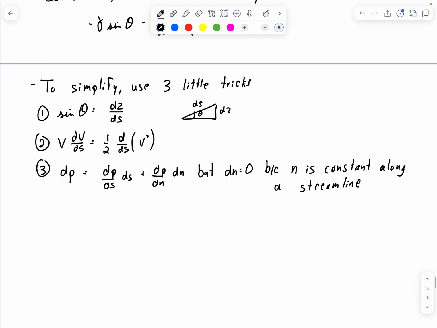So therefore we just have dP is equal to del P by del S times ds. So we're going to substitute back into our equation,